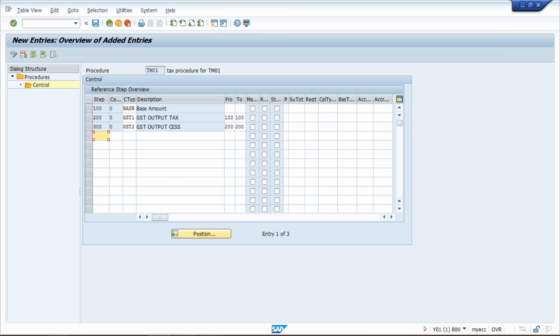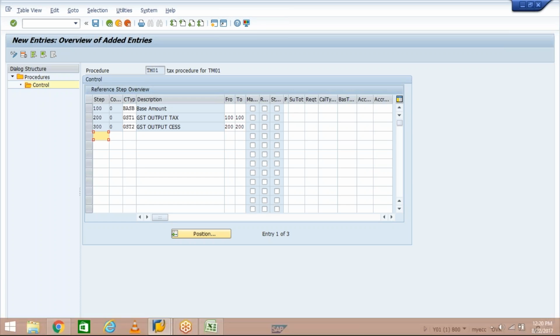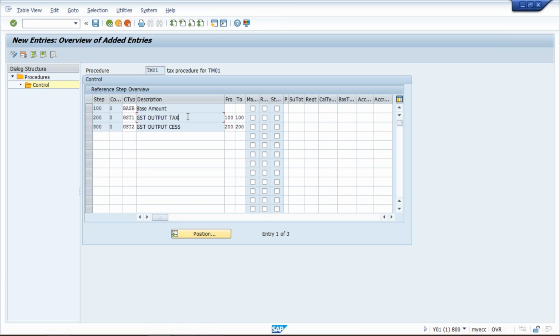In the same way, this is for output. GST is getting calculated on this base amount. So 100, 200 we have given, and output cess is getting calculated on the tax amount. So this becomes the base for this cess calculation. That's what I have given 200. So here the system will understand that this amount will be calculated on this amount, and this amount is calculated on this amount. Now here give another step, 400,